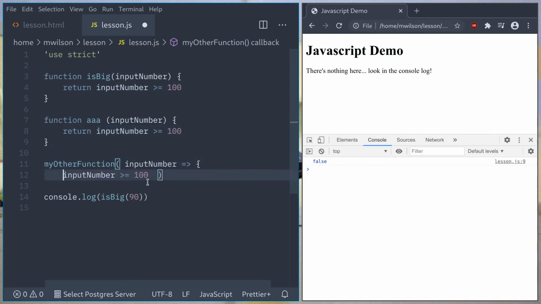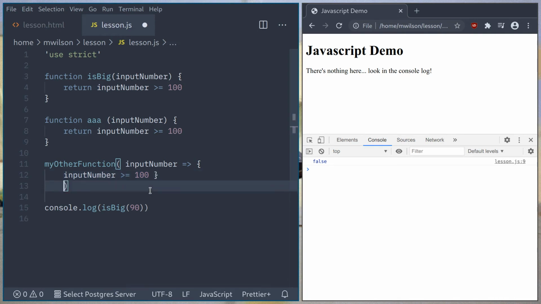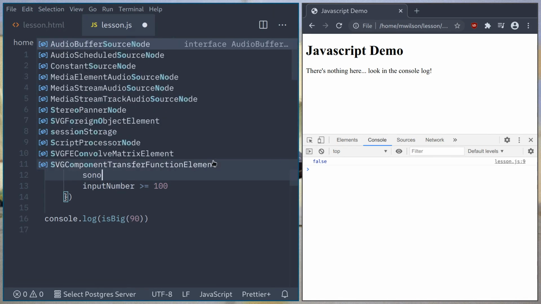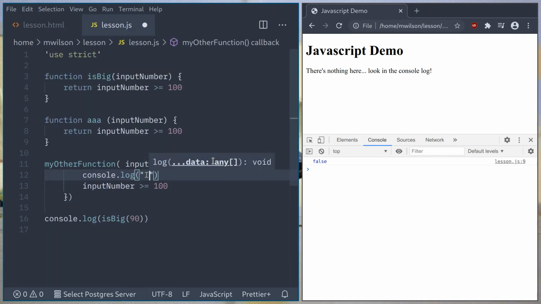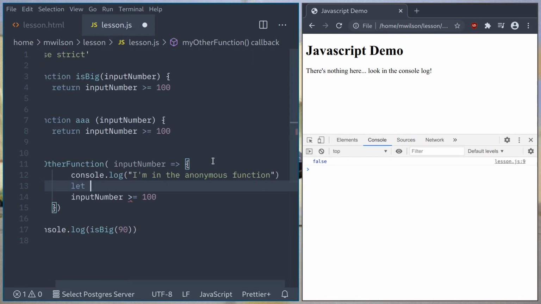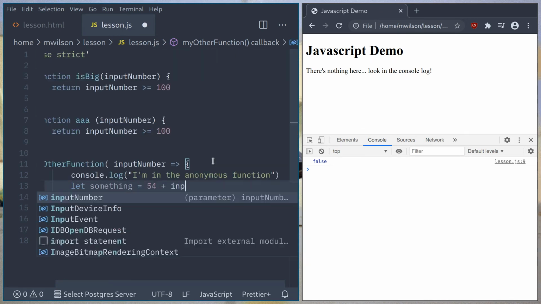These can have curly braces with lots of lines of code. So that usually will be formatted something like this, where the closing parenthesis is right after that, and something like that, right? So now this anonymous function I'm passing in can have all sorts of code, right? It can say console.log, I'm in the anonymous function. It can let something new, let something equals 52 plus input number,